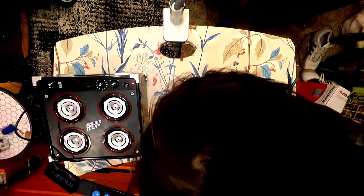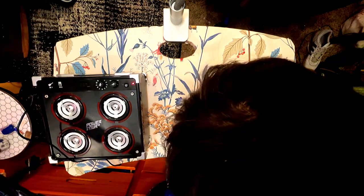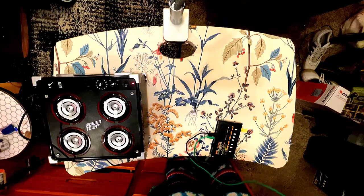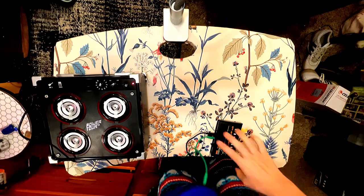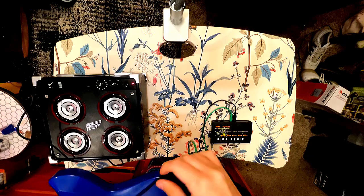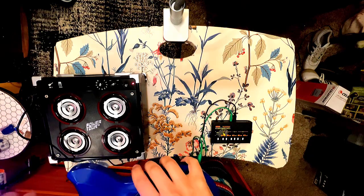So I don't need this cord. Get out of here! And now you have the My Jam guitar. So now the My Jam guitar is connected to the monotron delay. So now I have delay effects on the monotron on the My Jam guitar. So if I have this,